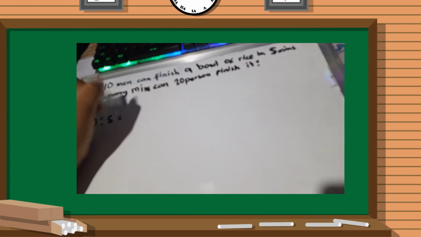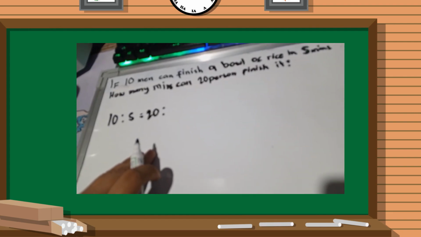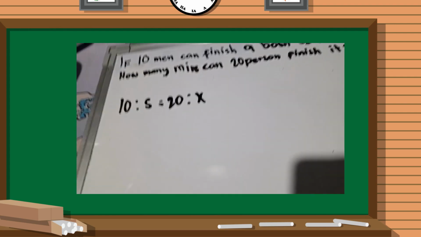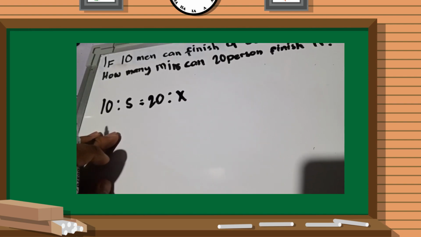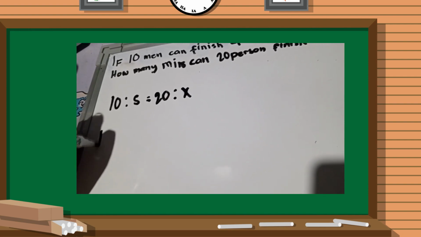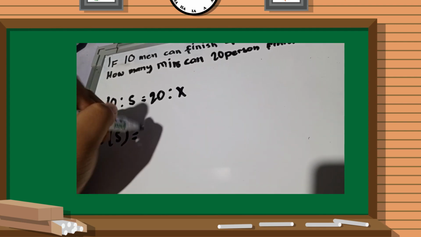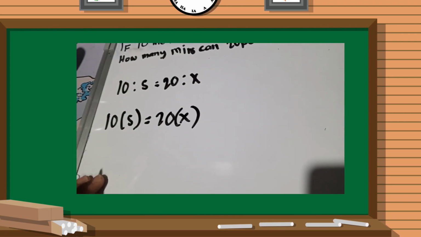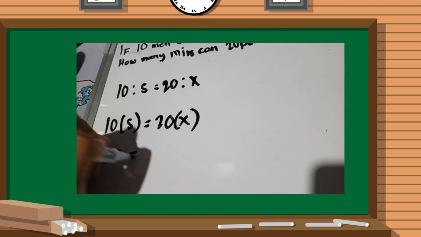5 is equals to 20 over. Since missing nga yung minutes natin, lalagyan natin ng x, which is the variable that is missing. So, after finding that, next step natin is to multiply it. So, ang gagawin natin is 10 multiplied by 5 is equals to 20 multiplied by x. So, the answer would be 10 times 5 is equals to 50 is equals to